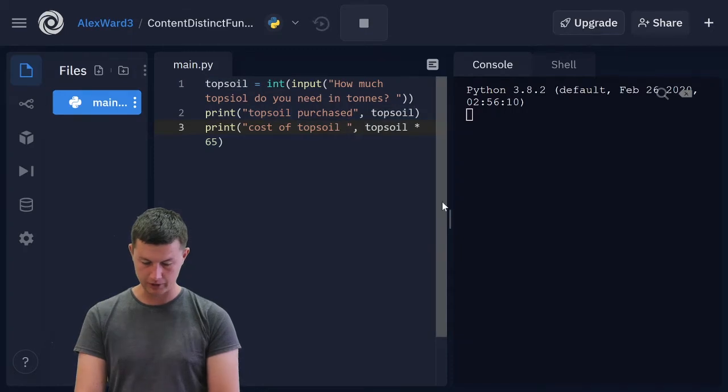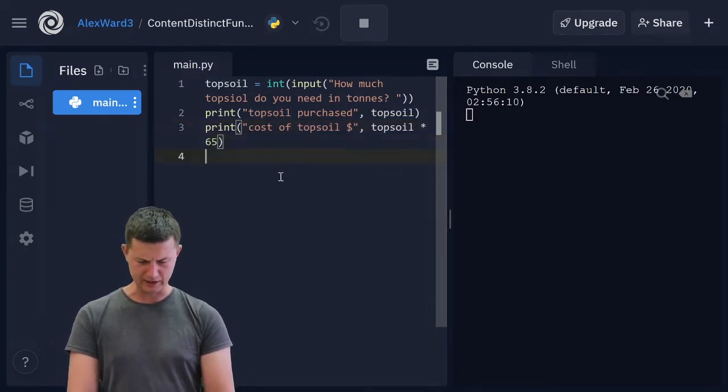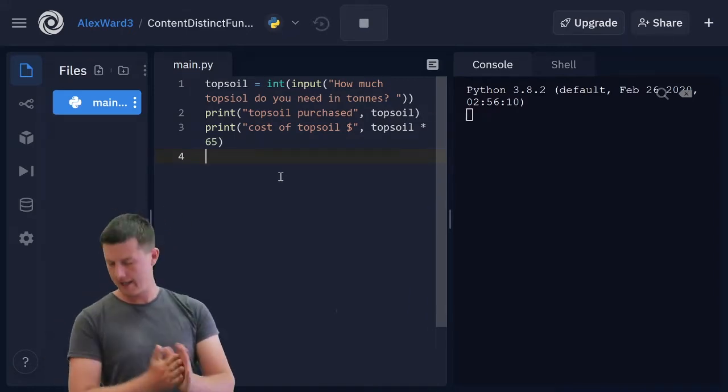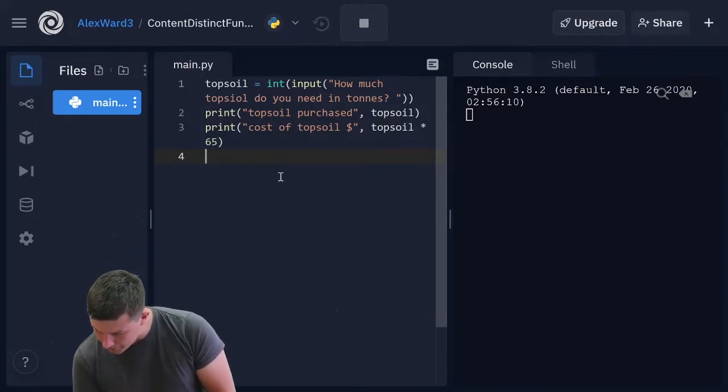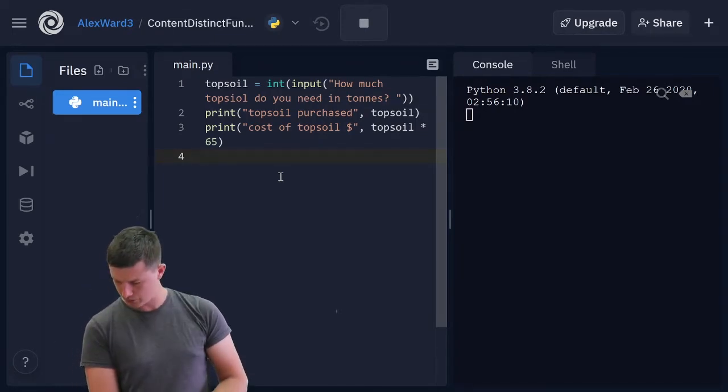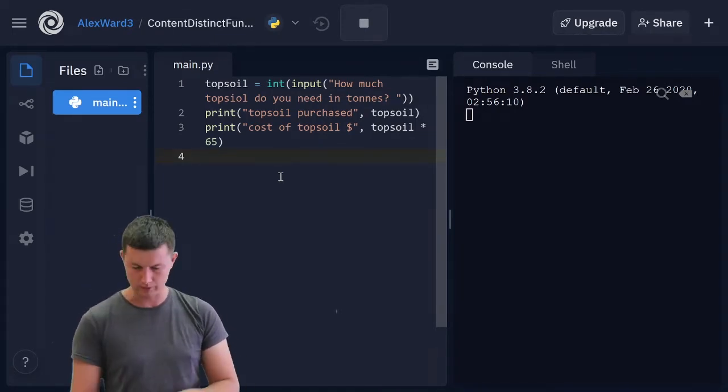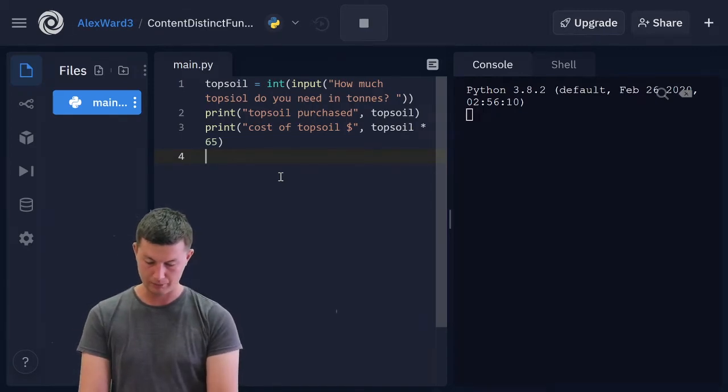We might actually just put a little space here and put a little money sign there. I think that'll look quite nice. And lastly but not leastly, the total cost, with suitable labels. So we now need to go print